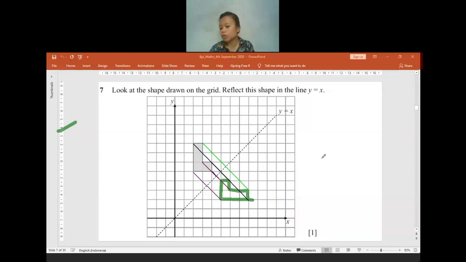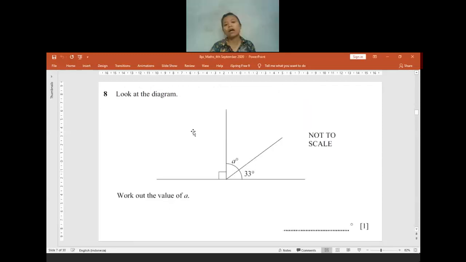Yes, you can use a mirror, something like that. Use whichever way is easier for you, but you cannot bring a mirror to the test. You can only bring tracing paper, like a plastic sheet. Just imagine, if it is a mirror, how will it look? Usually I also imagine everything.